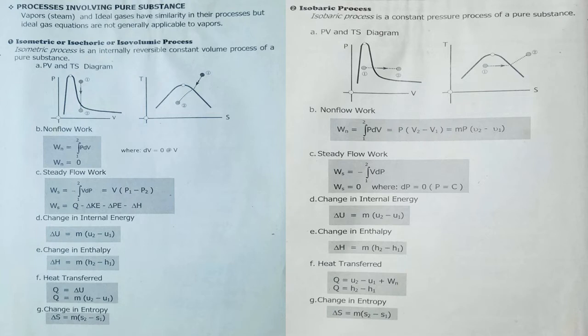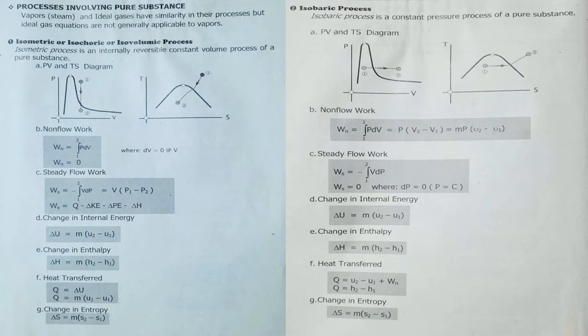Isobaric process is a constant pressure process of pure substance. Again, we have PV and TS diagram. Ang PV diagram mo, pababa ulit yung pressure mo. Pero pataas ang volume mo. Dito naman, superheated, no? State 1 to state 2, superheated. Mixture to superheated. Okay? Non-flow work mo, from this equation again, your non-flow work is mass times your pressure